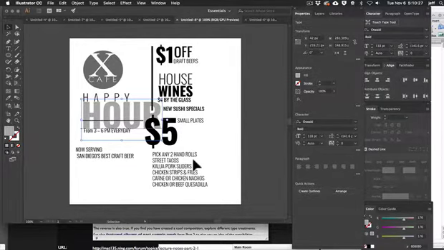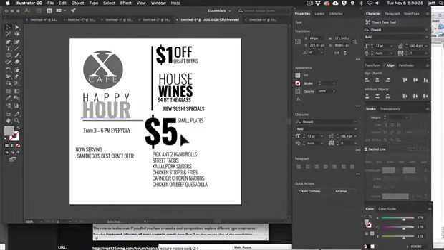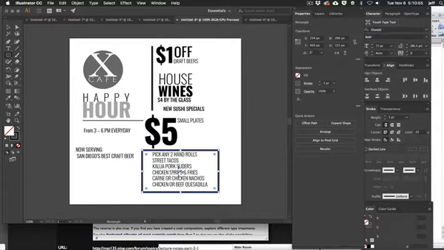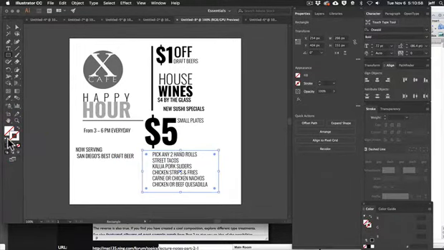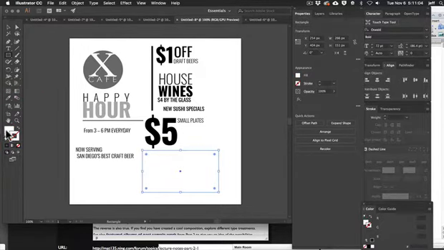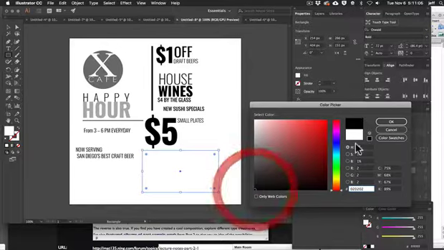It's still a piece of type, obviously, but it becomes graphic because it becomes big and it has a lot of mass. And so remember about gravity, suddenly that will allow you to do some things with that gravity. So you can also use rules, right? Lines. And if you wanted to, you can use even shapes. So I could even go in here and say, maybe I might want to put those all in here, and then I might want to turn that off and do my fill, like it's black or something like that.